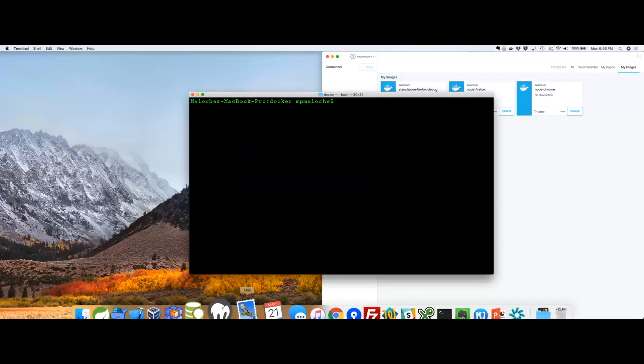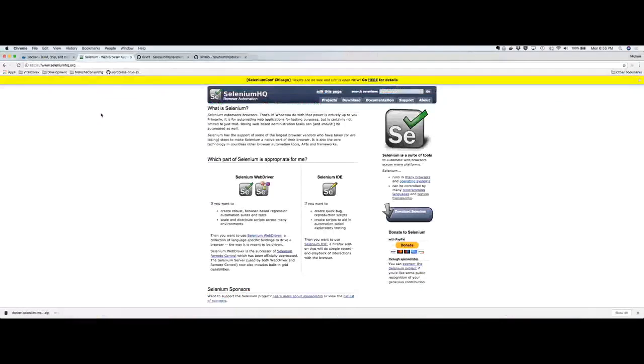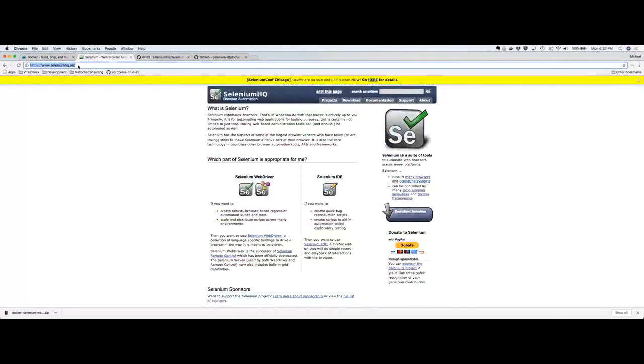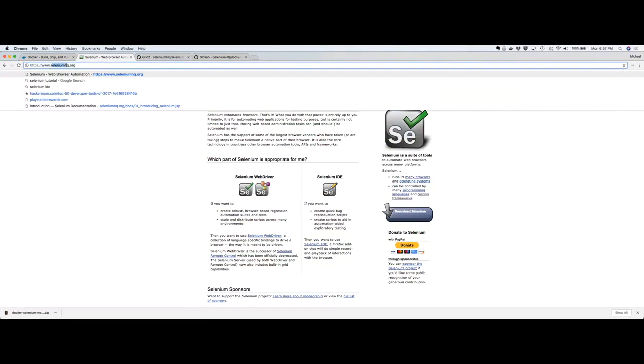So first things first, if you want to get started, you need Docker. To get Docker, you can go out to docker.com and download the free Docker Community Edition. You can sign in. You can also register with the Docker repositories, so you can upload and share your Docker containers with the rest of the world, or download other Docker containers that people have shared in the Docker Hub repositories. For Selenium Grid, if you go to seleniumhq.org,